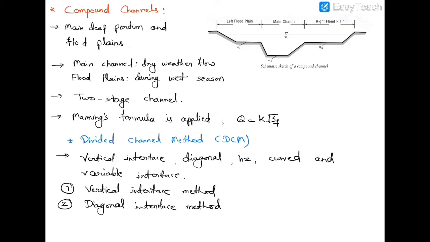Field observations have indicated that in the overbank flow situation, means during the wet season, the mean velocity of flow for the whole cross section decreases as the depth of flow increases. It reaches a minimum and then onwards begins to increase with the depth. What happens during the wet season? As the depth increases, the mean velocity decreases, and after a certain minimum value of the velocity, with the increase of depth, the velocity also starts increasing.